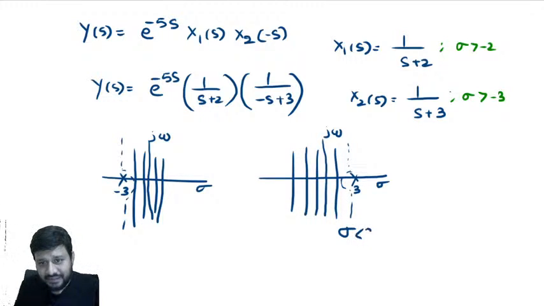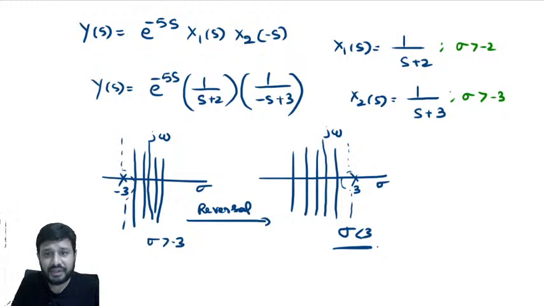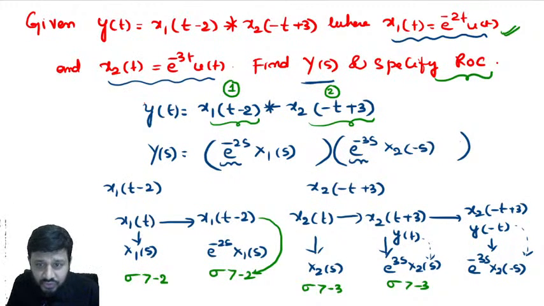So sigma less than 3. Here reversal is done, no? So sigma greater than minus 3, shifting, there is no change in ROC, but with reversal the ROC is also reversed: sigma less than 3. Now I got the ROC for x1 of t minus 2